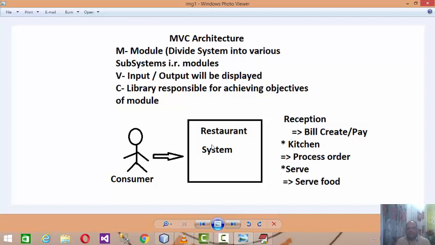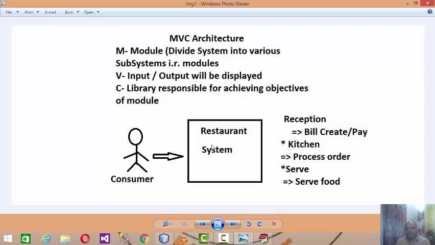They will look after their seating arrangement. After that, they will take the order from that consumer, right? They will process the bill of that particular order and take the payment. So these are the main responsibilities of a reception.